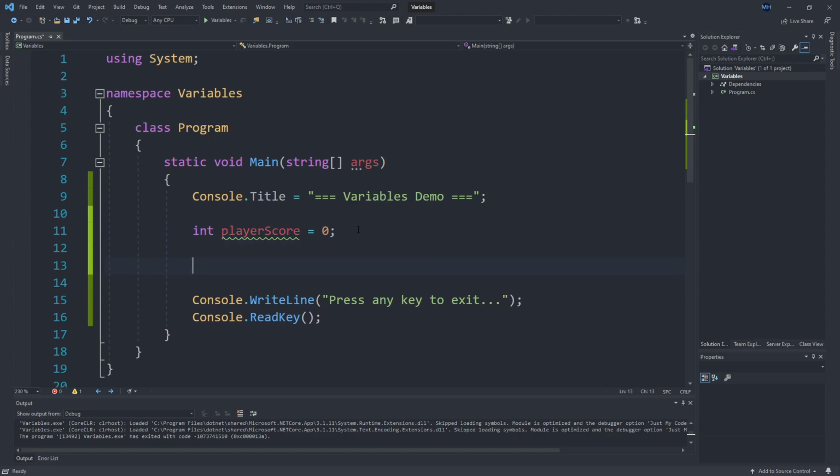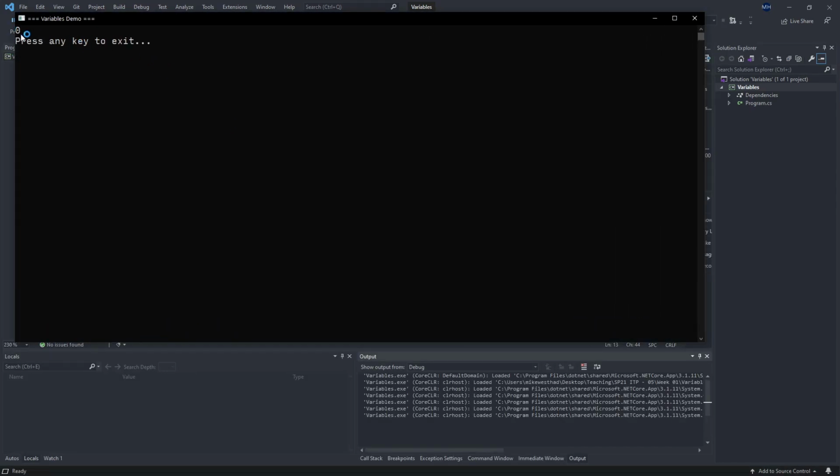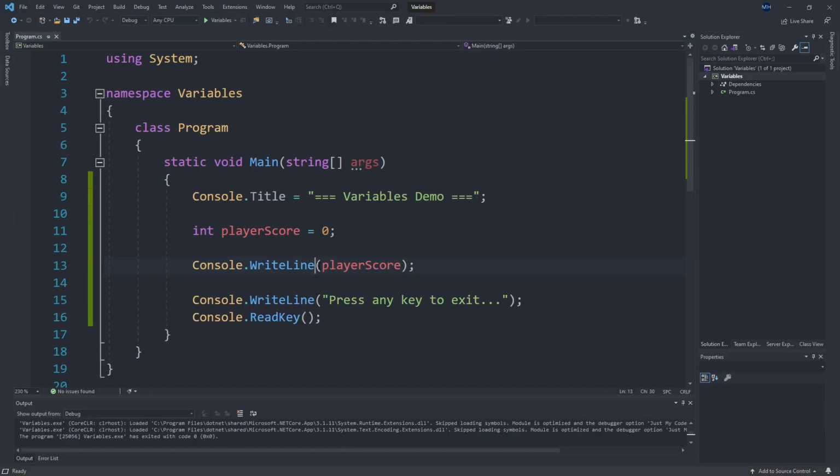Let's go ahead and use it. So I could console.WriteLine playerScore. And as soon as I use that variable, that squiggle's gone. When I run this, we can see our variable printing out and then "press any key to exit." Not super helpful, but maybe what we'd want it to say is "Your score: 0." What we can do is change our WriteLine here. "Your score is: "